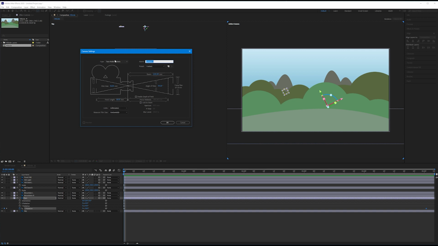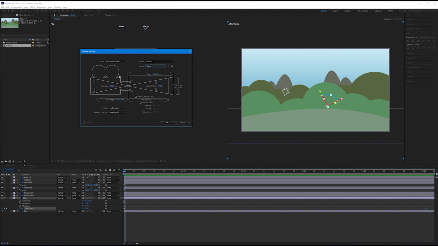I want us to create a basic 2-node camera as opposed to a 1-node camera, and I'll explain the difference once we create this. So I want to create a 2-node camera. We can keep it called Camera 1. And to make sure that my camera is the same as yours, let's come up to the preset here and let's set this to 50 millimeters. A 50 millimeter lens is a very standard lens, and so by choosing 50 millimeters, we create a fairly neutral